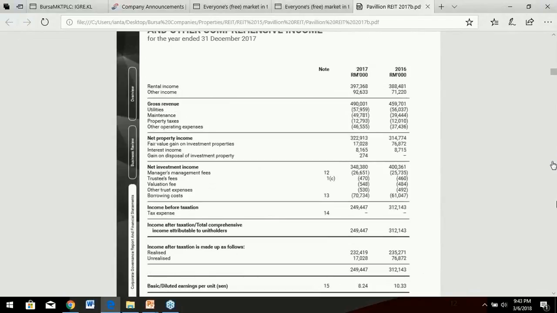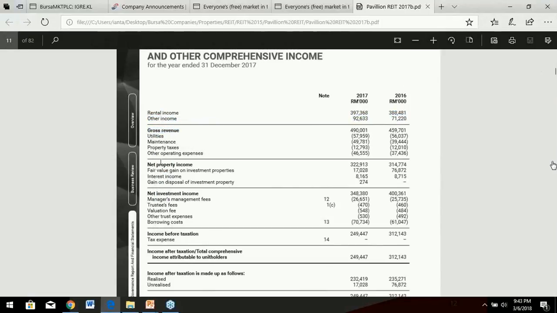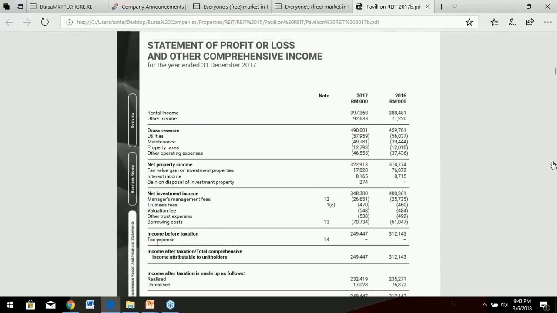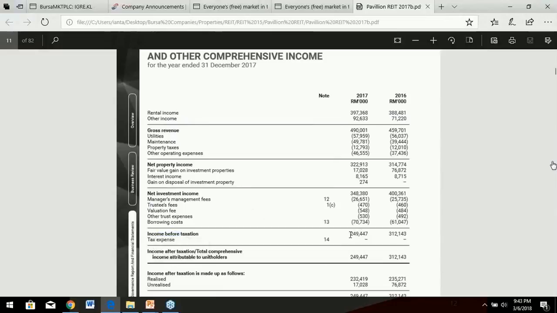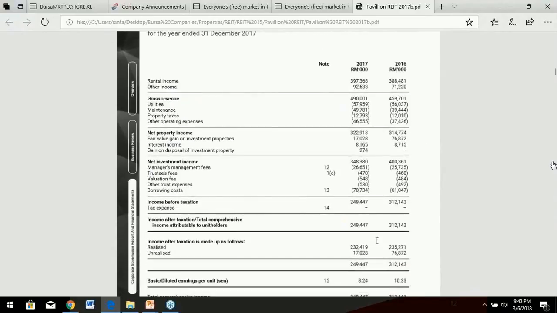Okay, so this is the annual financial statement of a REIT. This is Pavilion REIT. You will get the rental income, blah blah blah, and then finally, after they have recorded the transactions, at the final point, can you see this tax expense? You can check it out on other REITs lah. You have income before tax, which is this figure, and then the final figure, tax expense: nothing. So this means to say this particular income